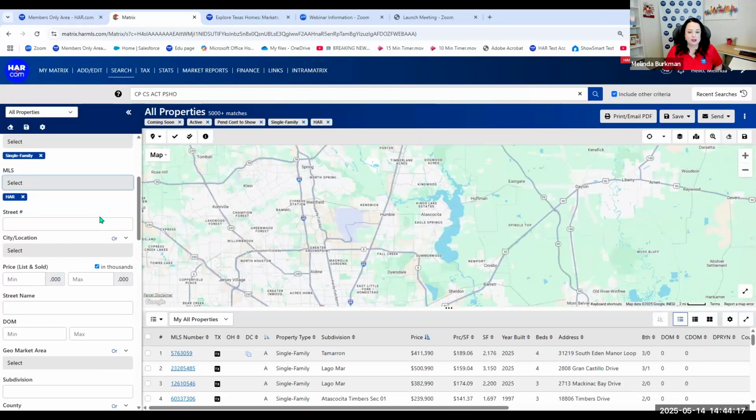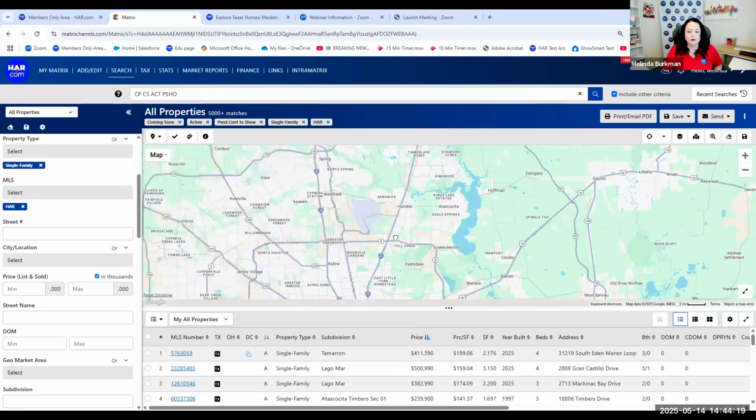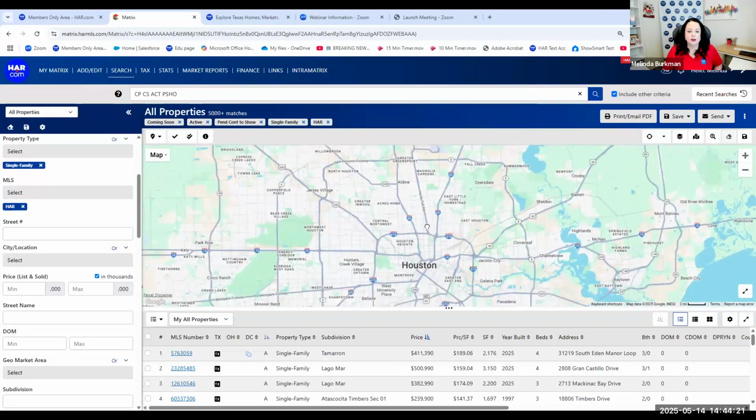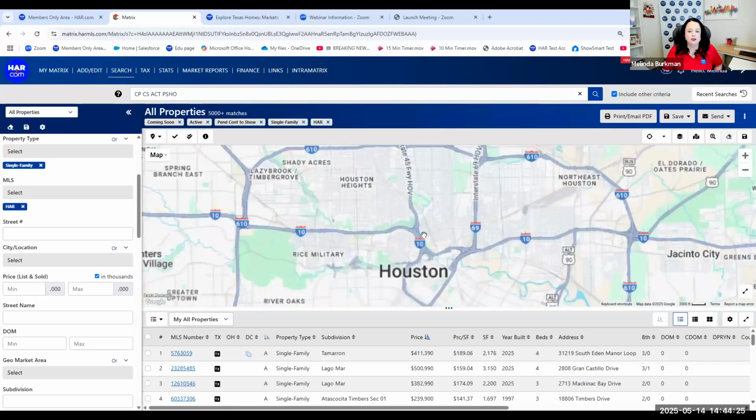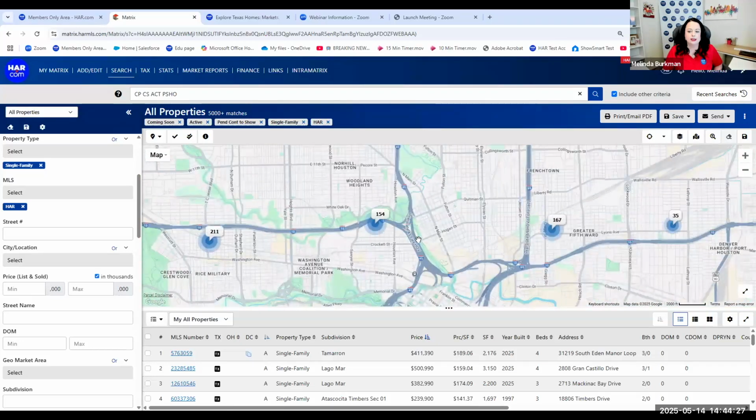All right, so my screen moved just a little bit. It's still not populating the individual listings on the map, still too many. I can zoom way far in and I'll start to get some popping up. Still too many to populate. It's just saying in this area there's 154. So still need to clarify down a little bit, okay? We could not do an auto email with 5,000 matches. That's too much for a client anyway.